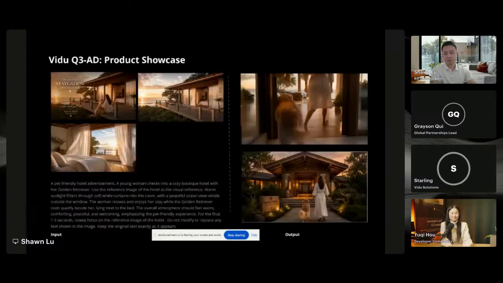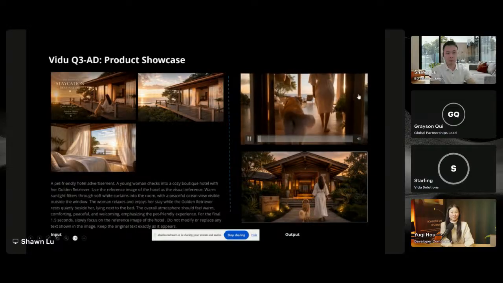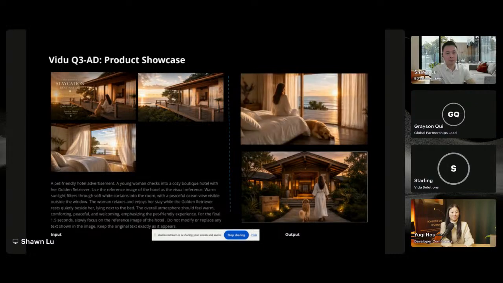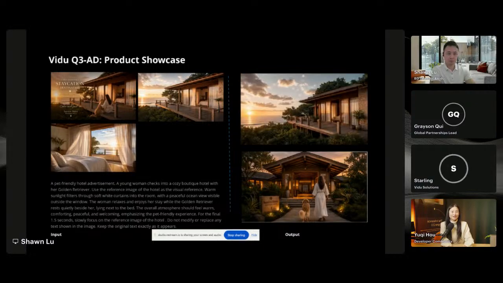The next slide is about a video to showcase a hotel, a lifestyle, and just look at how consistent the video can be with the inputted image. The video will definitely learn about the hotel look and what is the aesthetic and what's the style of the photography. Now, the videos. Video, please.